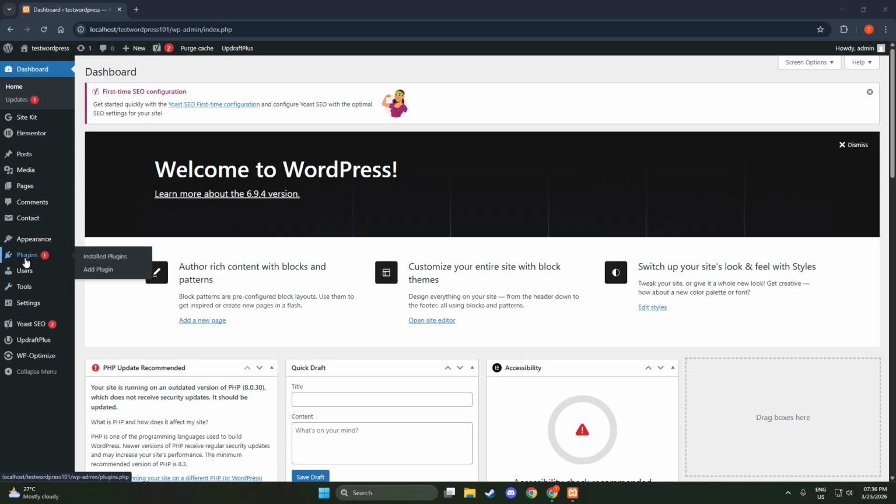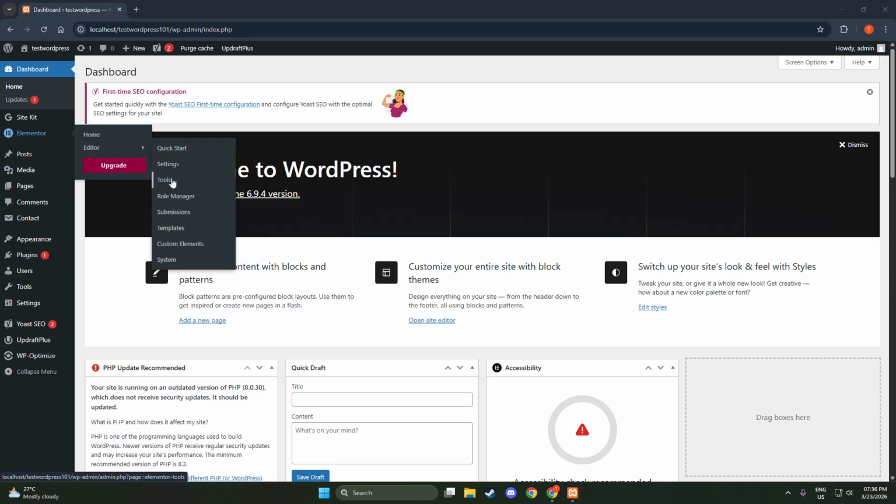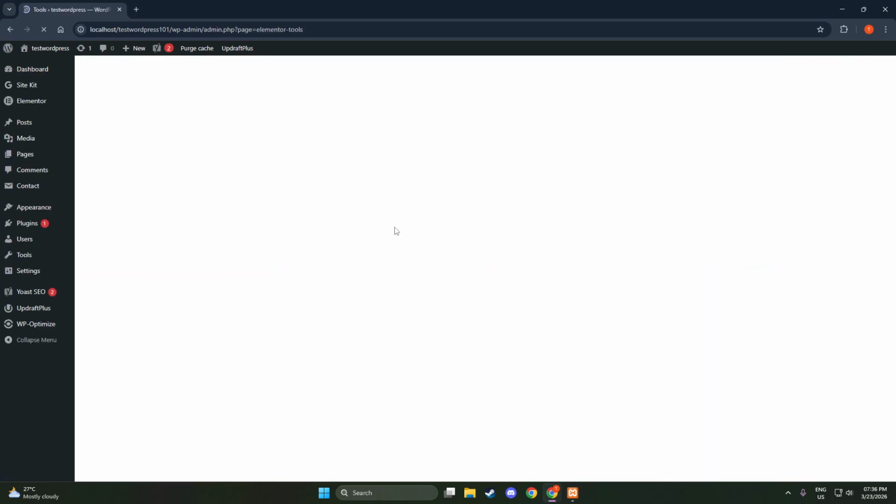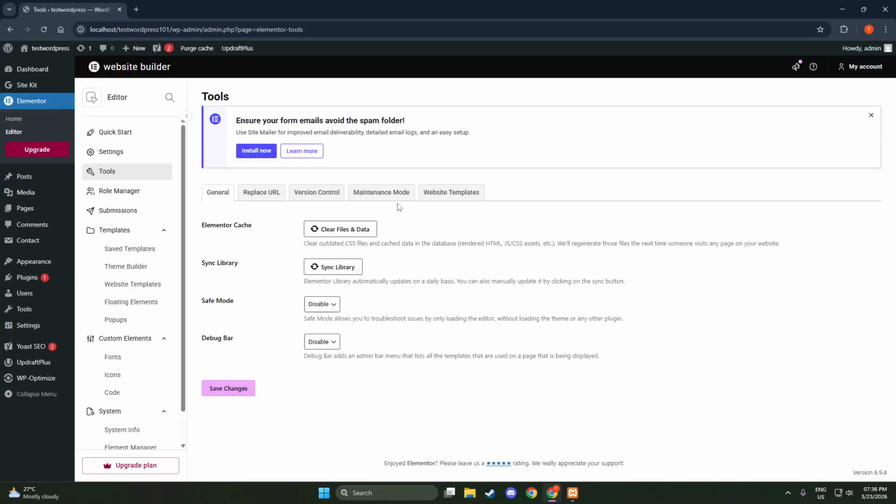First, open your WordPress dashboard and look to the left-hand menu. Find Elementor, then choose Tools. This is the centralized area Elementor provides for housekeeping tasks, and it's where you'll find controls for maintenance, debugging, and most importantly for us, version management. Moving through this screen ensures you're using Elementor's built-in rollback mechanism rather than manually replacing files, which reduces risk and